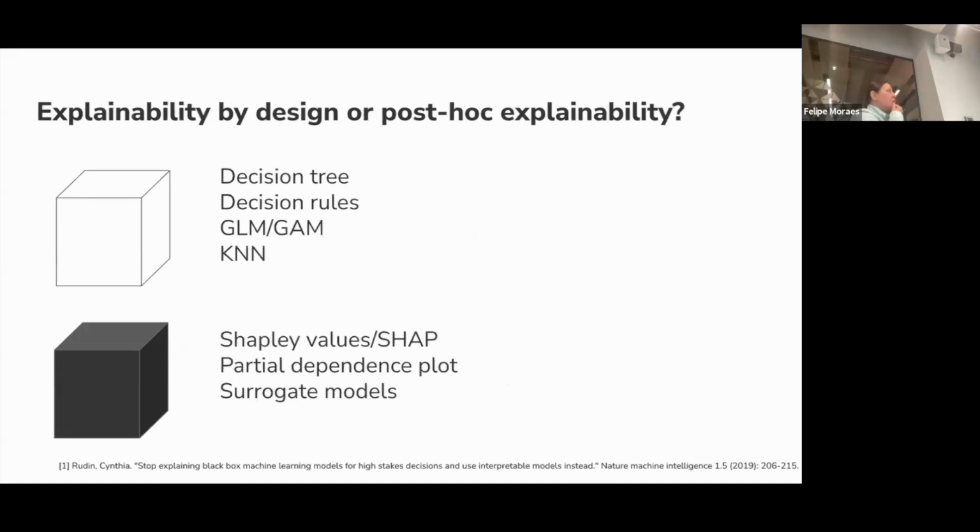Often in the literature you can see the so-called trade-off between explainability and accuracy, which states that inherently explainable models do not have such good accuracy. If you have a more black box model, you can achieve better accuracy, but they're not explainable anymore. To address that, there are some methods which can be applied on top of your black box model, called SHAP, which is a variation of Shapley values implementation. It can be a partial dependence plot. It can be surrogate models.